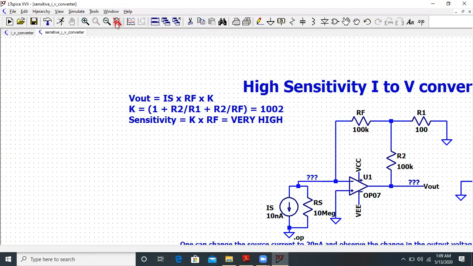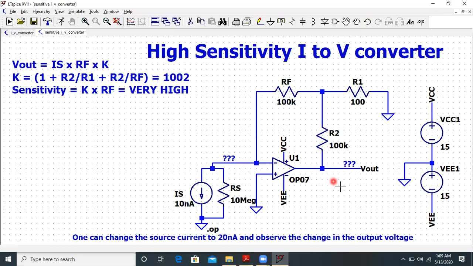So let us concentrate on this circuitry and see whether it gives results properly or not. Now this circuit is called a high sensitivity I to V converter. Let us check the values I have given: RF is around 100K, R1 is around 100, R2 is around 100K.